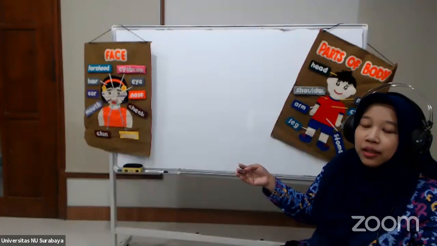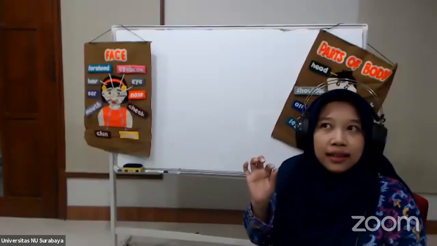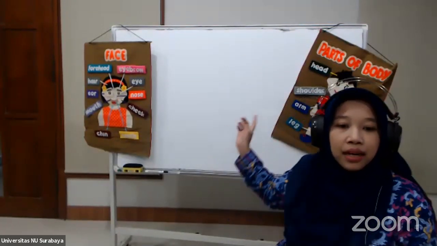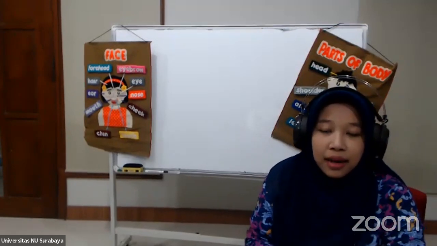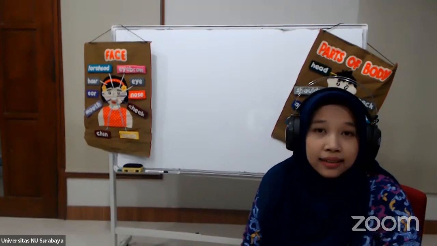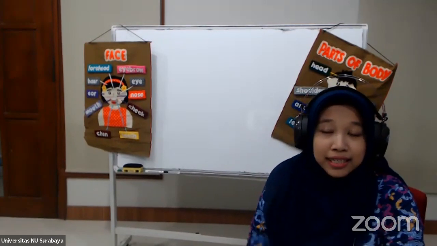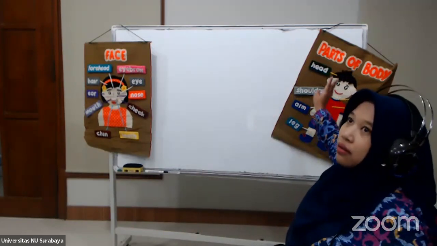But if you want to choose another, like green or light green, it doesn't matter. And for the skin, you can use light brown, or dark brown, Indonesian skin. You can use brown or light brown